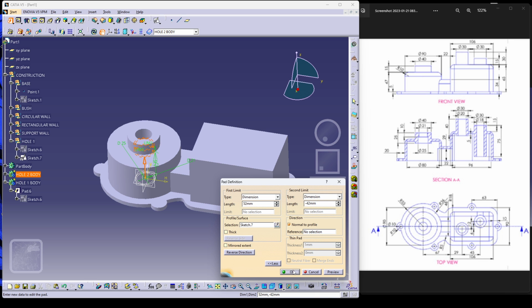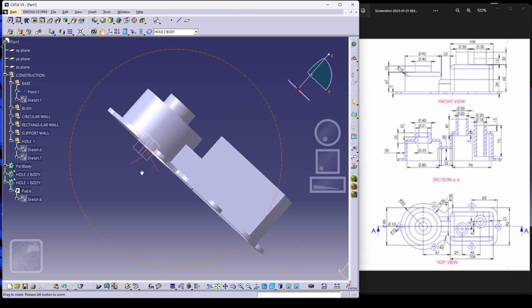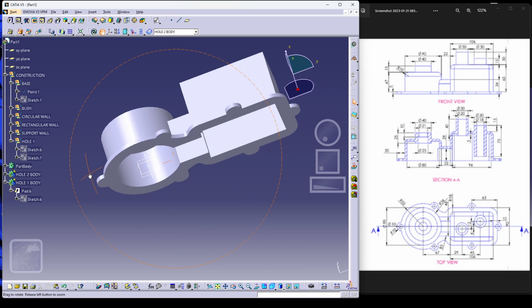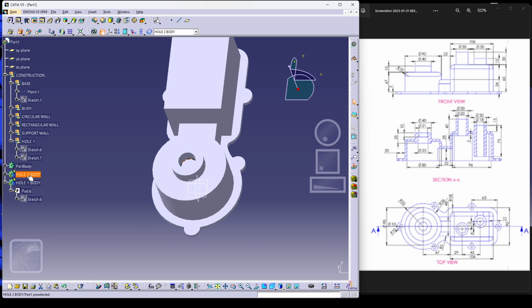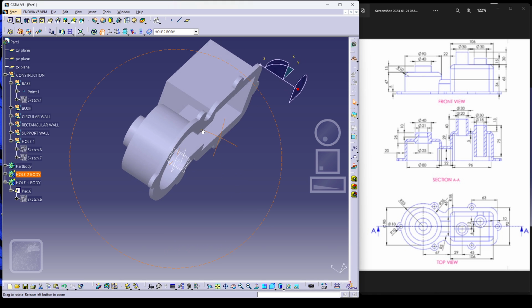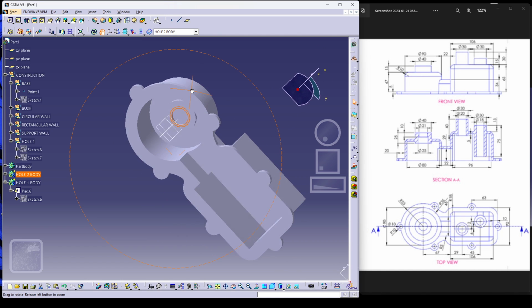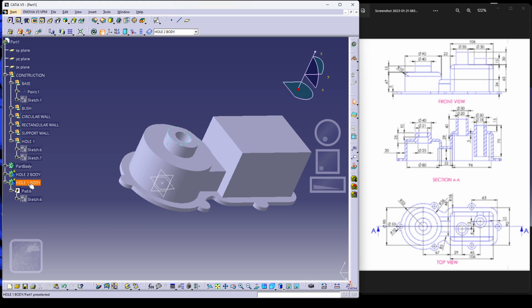Let's preview this. Hit OK. Hole 1, hole 2. Yeah, that's okay. Now what we have to do, we have to keep the hole,